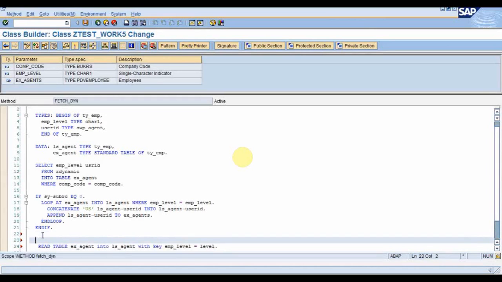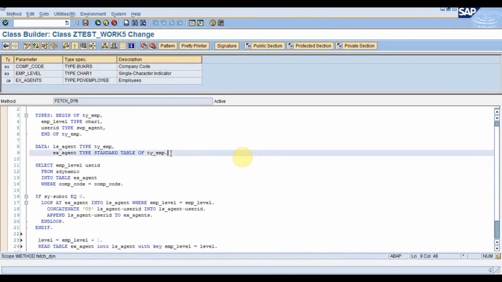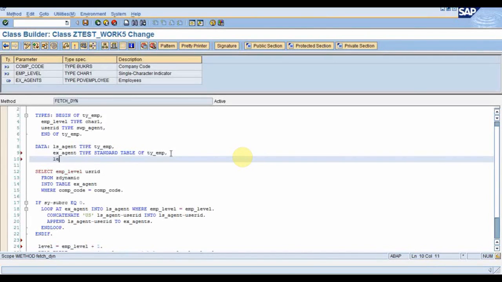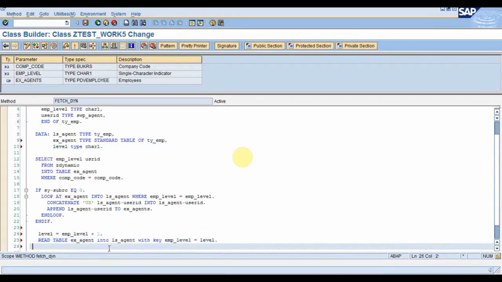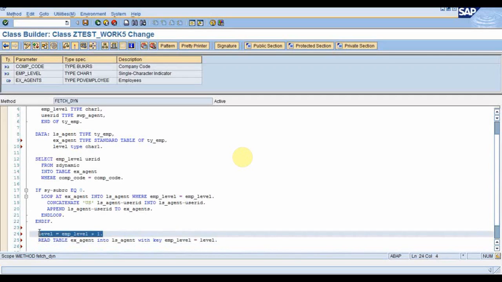First what we will be doing, we will be incrementing the level by +1. Here we have just incremented and declared one data type. So what we have tried to do here is, we have just incremented this level by 1, and